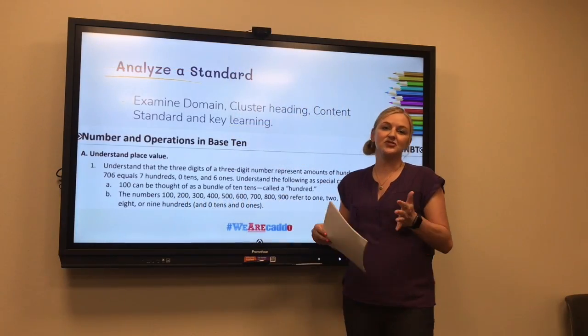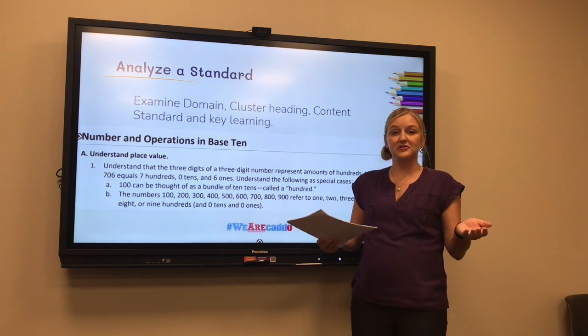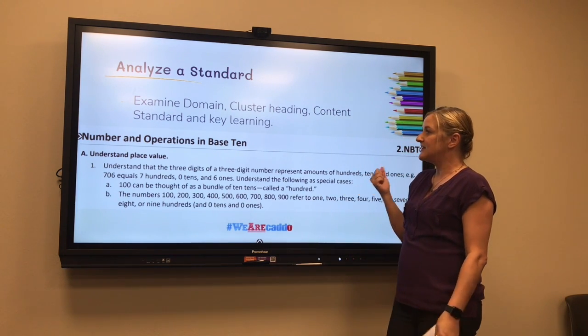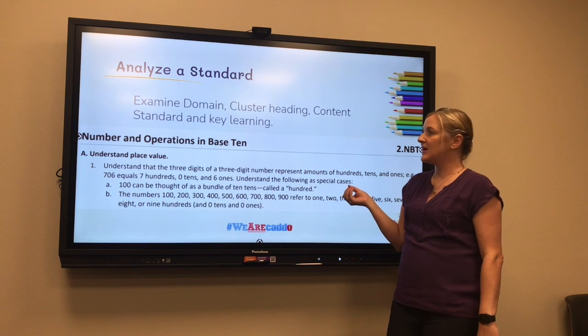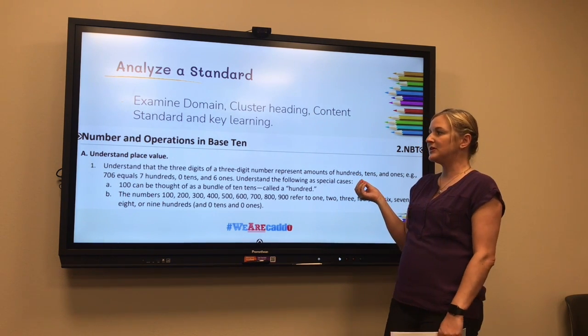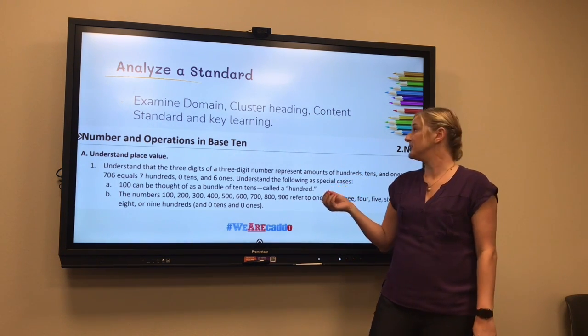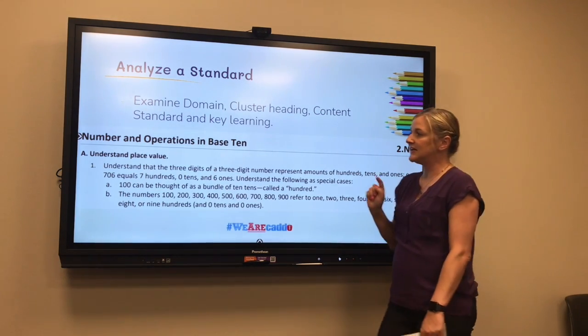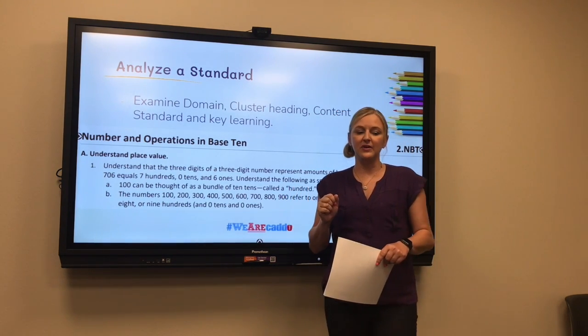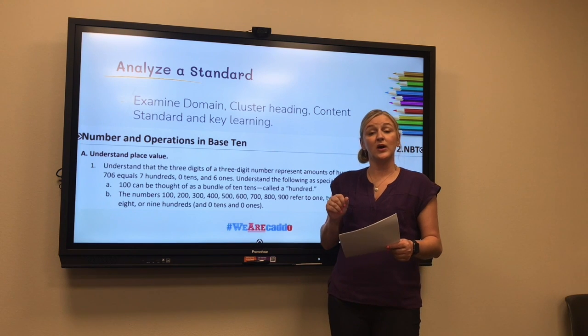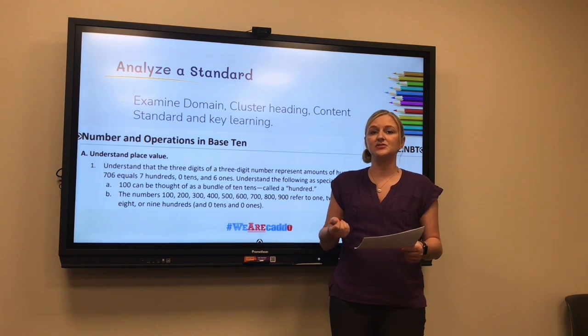So we're going to deconstruct the standard and analyze one for second grade. I've chosen second grade, numbers and operations in base 10, so 2.NBT.A.1 is your code. 2.NBT.A.1. You'll want to reference your handout on pages 1 and 2 as we begin to answer those